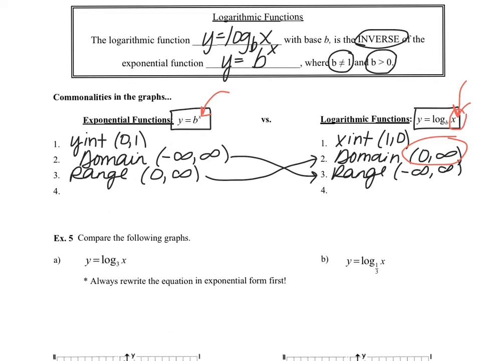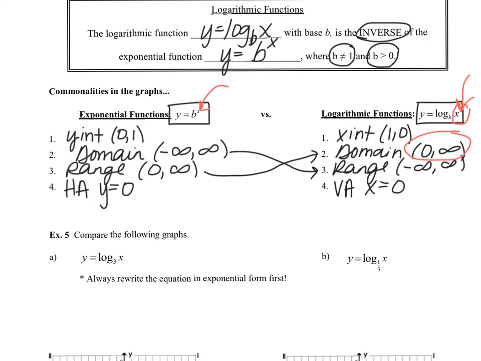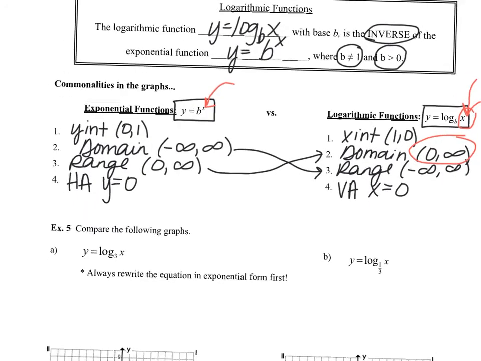And then the last commonality will be the asymptotes. So exponential functions have horizontal asymptotes, and the parent functions always begin with a horizontal asymptote of y equals 0. Therefore, that turns into a vertical asymptote for a log function, and that will be the vertical asymptote x equals 0. So next, let's use these commonalities and let's discuss how to graph